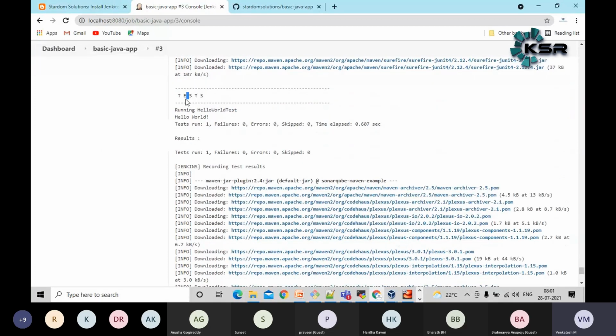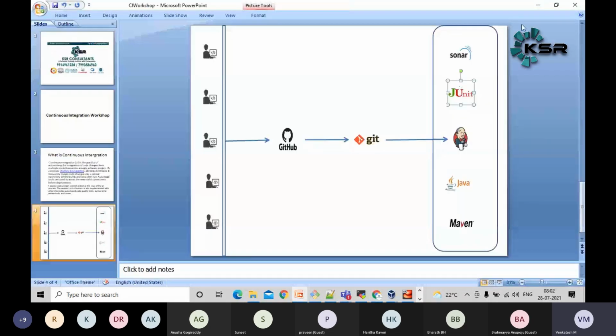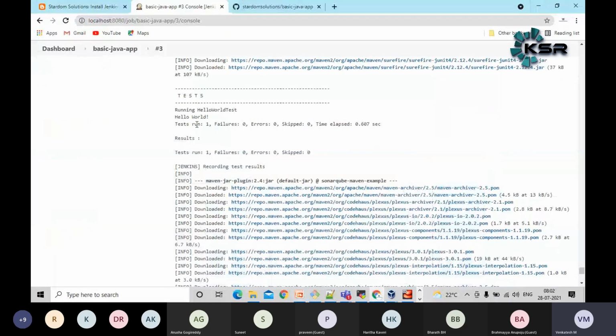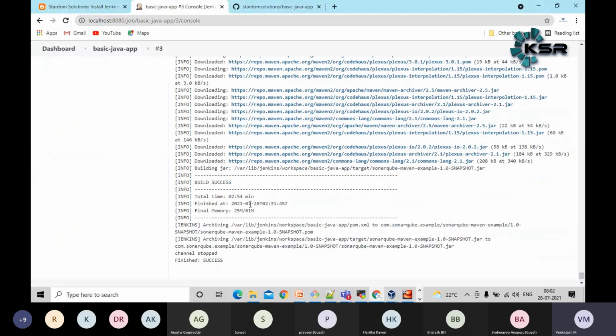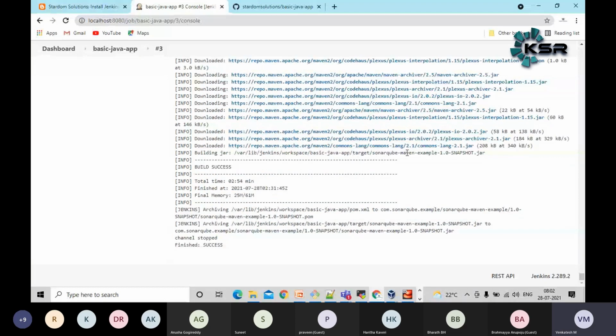It also invokes some JUnit test cases, guys. If you see in one of our slides, I have some JUnit test cases. For code coverage, one test succeeded. I have only one test. One succeeded, 0 failures, so everything succeeded, guys. Now the build is a success. Finally, I have created a jar file, the maven example jar file, guys. Build succeeded. This is the expected output from this particular job, guys.